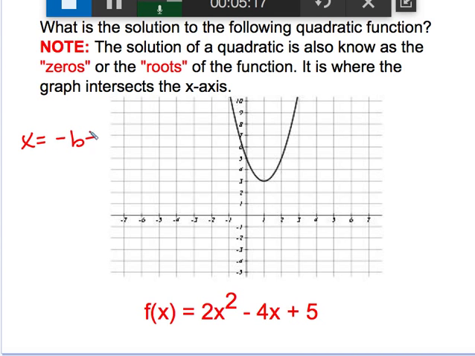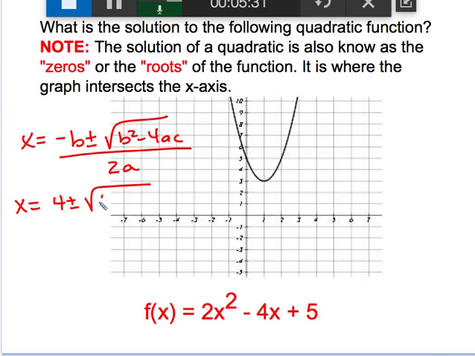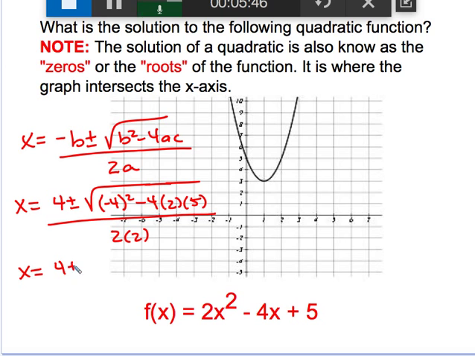Here's the quadratic formula. So you would have x is equal to positive 4 plus or minus the square root of negative 4 squared minus 4 times 2 times 5 all over 2 times 2. So you get 4 plus or minus